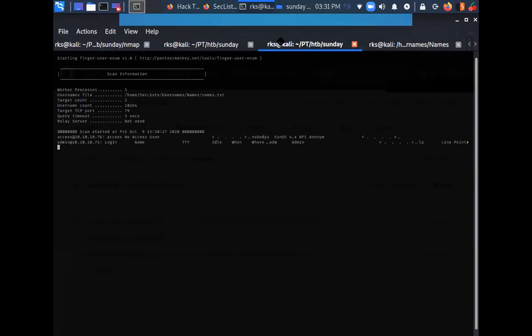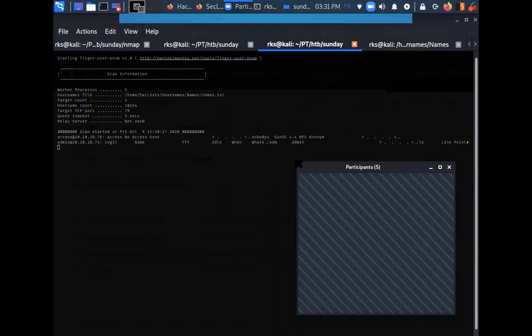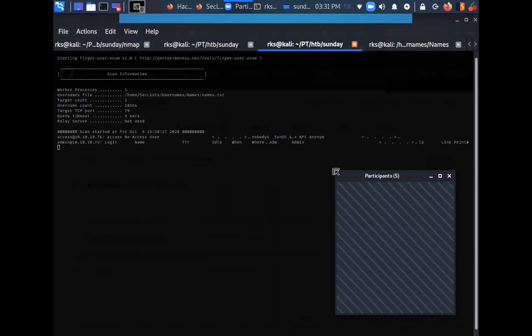So what are we doing here? You can tell me. This is just like brute forcing.